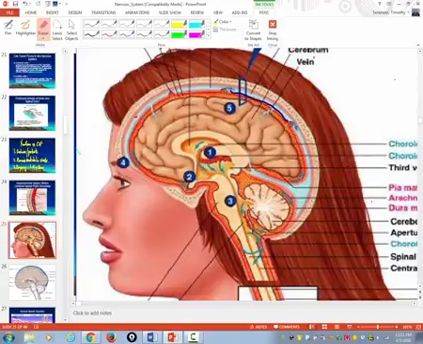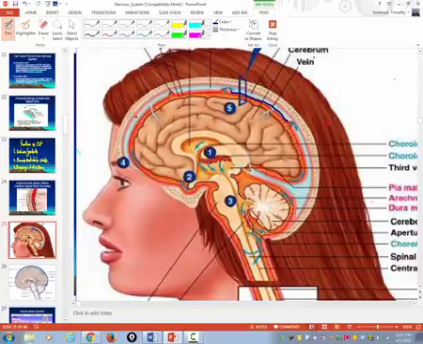Buoyancy reduces the weight of the brain. All right, so watch. When you produce cerebral spinal fluid in the lateral and third ventricles, it will circulate around the brain and spinal cord. Now, if you look here,